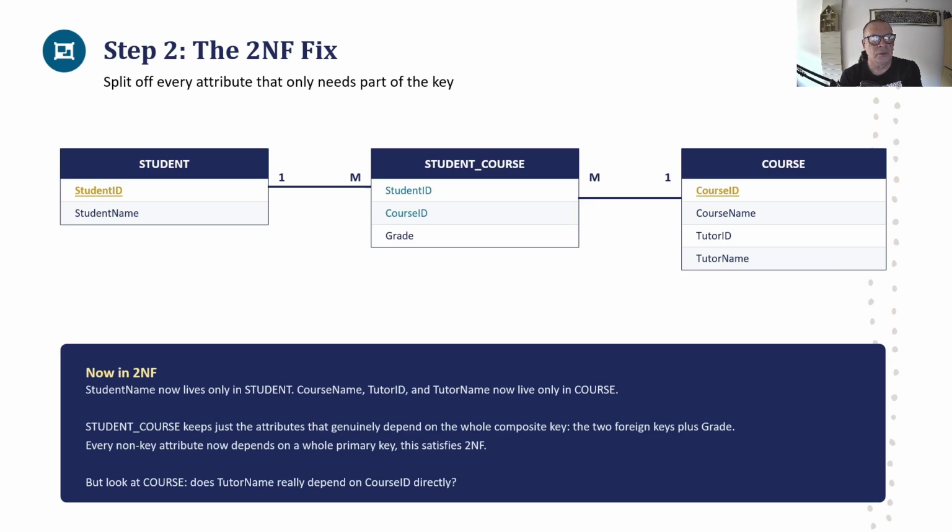So for student, we created student course as well, and course